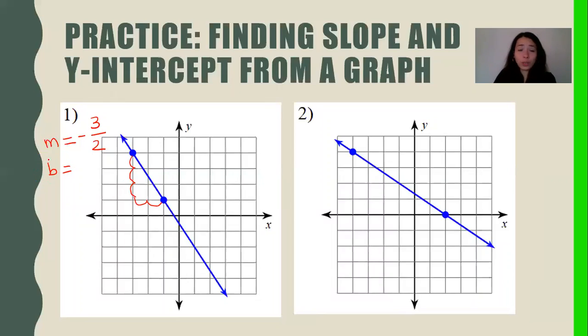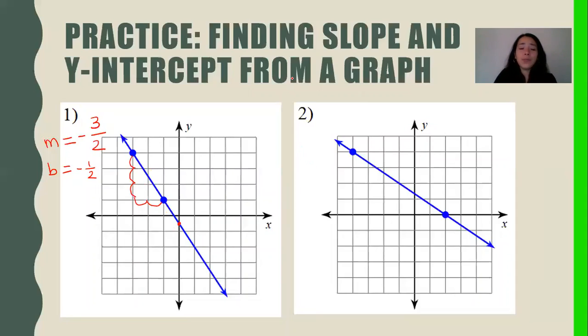So our y-intercept is where this line crosses the y-axis. So let's look at our y-axis and it crosses it right here. Notice that's at a middle point. It's not exactly on the lines. So we know that that's going to be a half value. So if I go down, that's going to be a negative half or negative 0.5. So you can do negative 1.5 or negative 0.5. Either answer is correct.